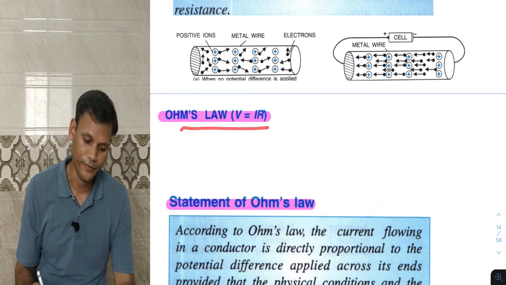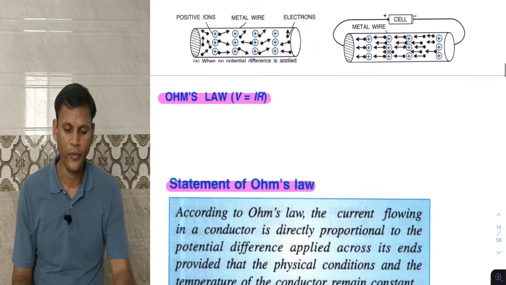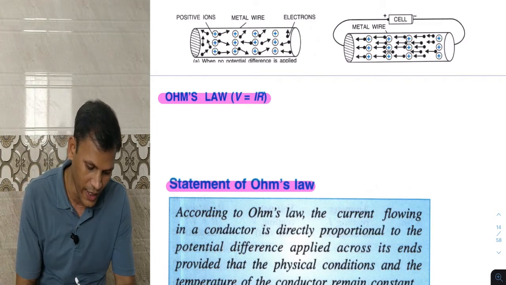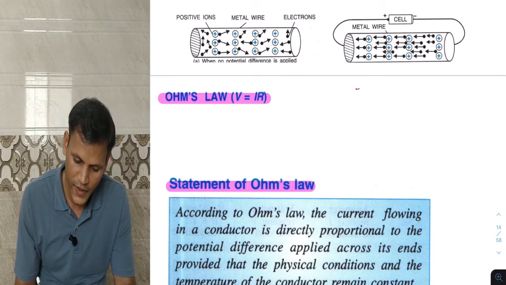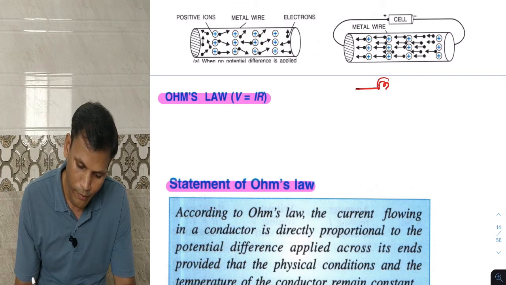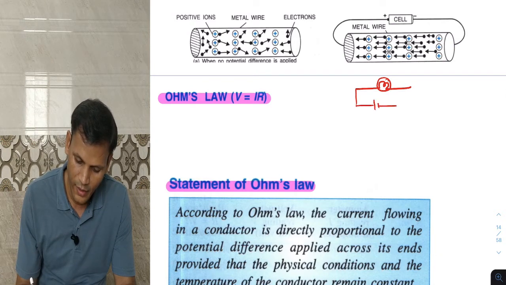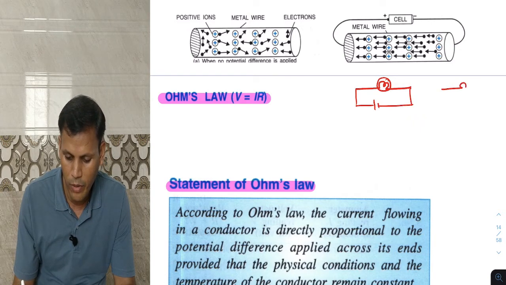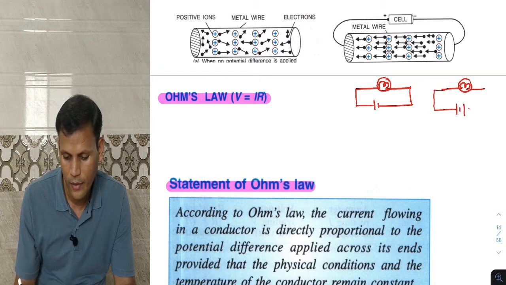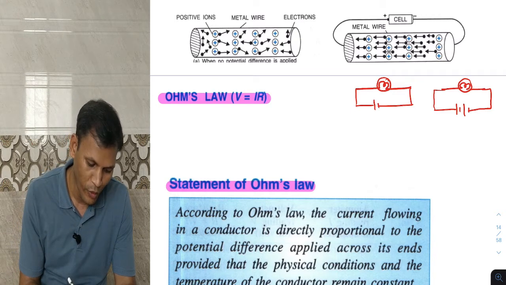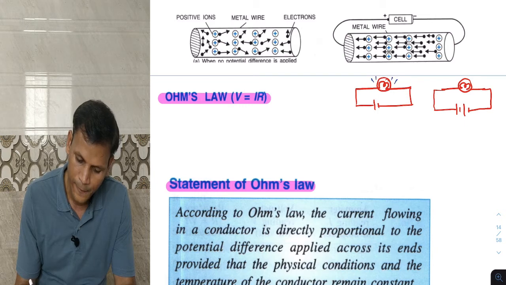Now Ohm's law. We have to discuss Ohm's law. What is Ohm's law? For better understanding, we can draw the diagram. I will draw two diagrams. One: suppose this is a bulb connected with a single cell. Then the same bulb is connected with two cells, a battery; a number of cells is called a battery. In the first case, we will observe that the brightness will be less. In the second case, the brightness will be even more.